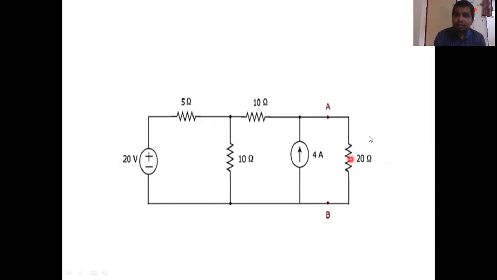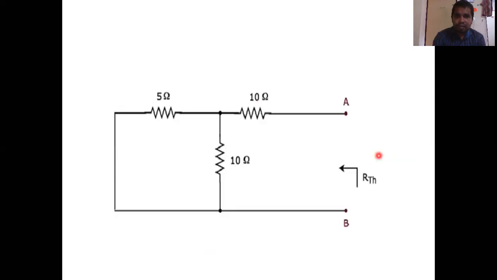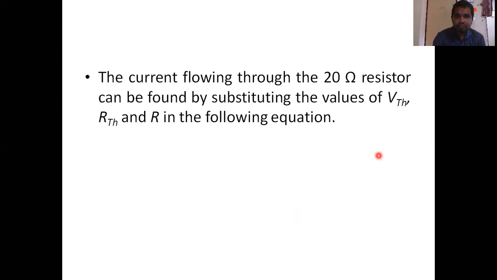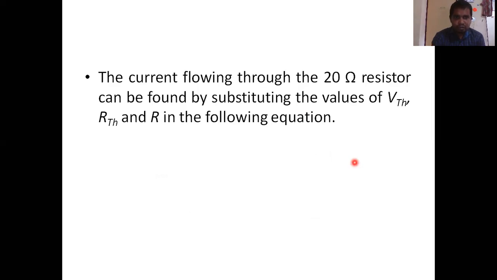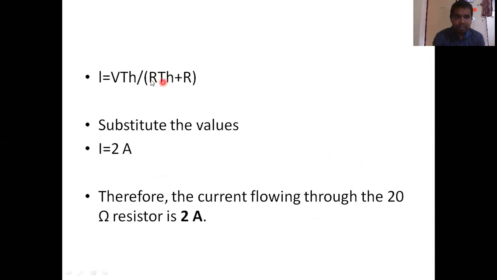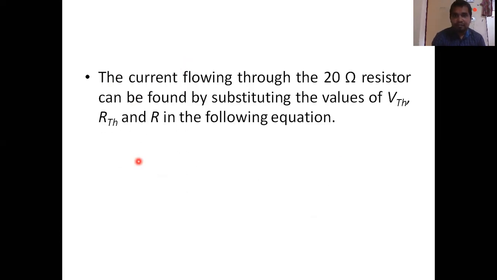Now suppose this resistance is changed to 10 ohm. Then what you need to do is just substitute 10 here and determine the current. Suppose it becomes 30. Substitute 30 and determine the current. That means you just change the value here. That's all. Suppose 20 means 20, 30 means 30, 40 means 40. Whatever load they give, you just change that value and determine the current. You need not solve again and again. That is the best application of the Thevenin theorem.